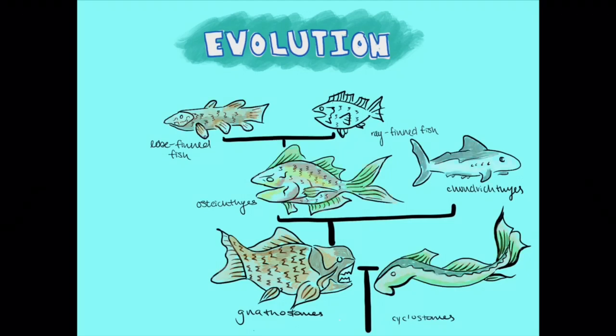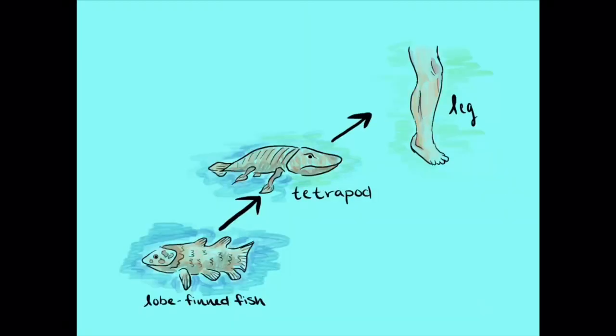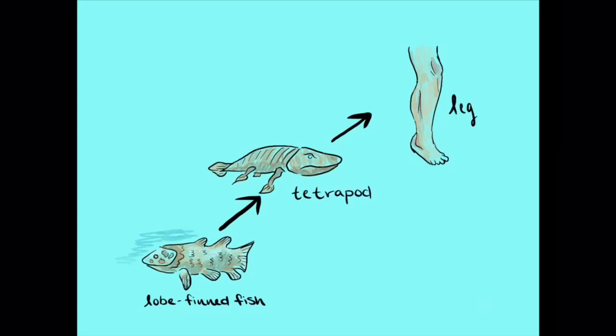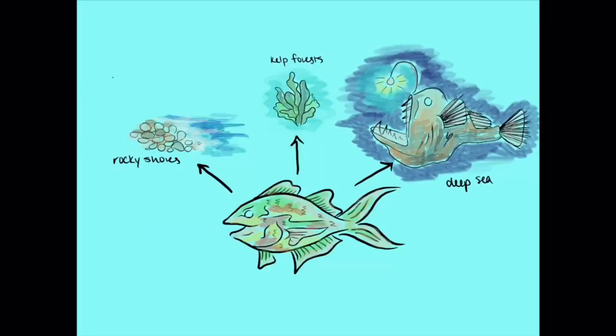Lobe-finned fishes then diversified into tetrapods, which were four-limbed vertebrates. By the end of the Paleozoic, no lobe-finned fishes remained other than tetrapods, as well as lungfish and coelacanths, which still exist today. The lobe-finned fish structures of tetrapods gave rise to amphibians and were modified into legs, like your own. During the Devonian, chondrichthyes further diversified, and then in the Mesozoic era, a clade of bony fish called percomorphins diversified into the majority of the current fish species we see today.